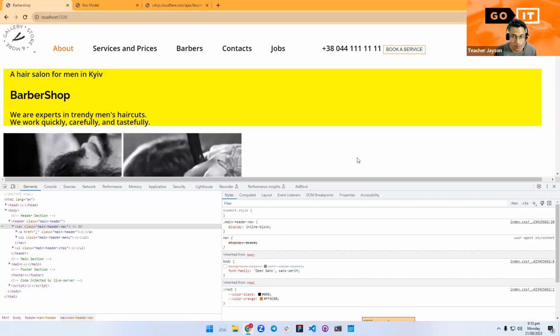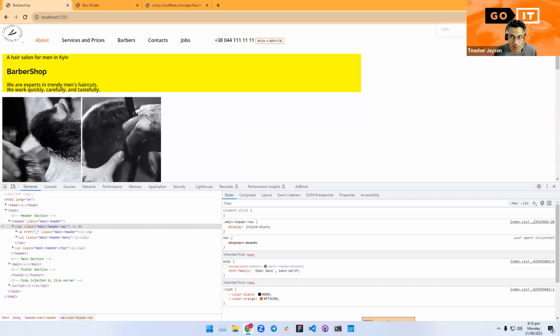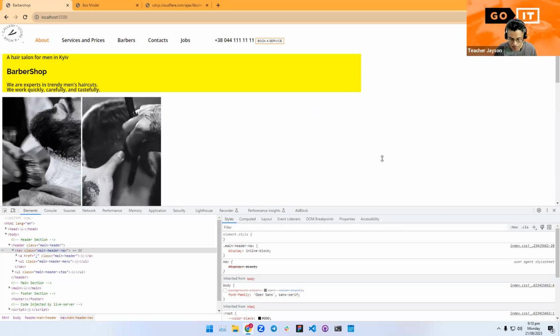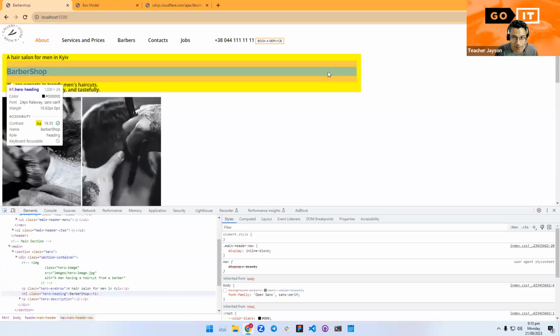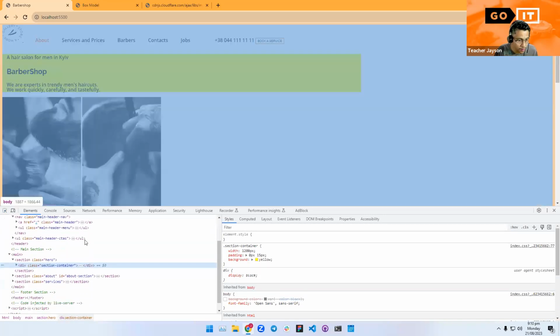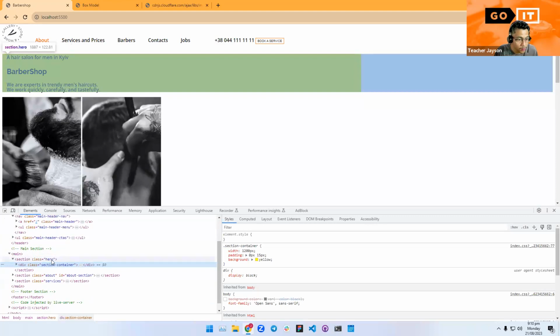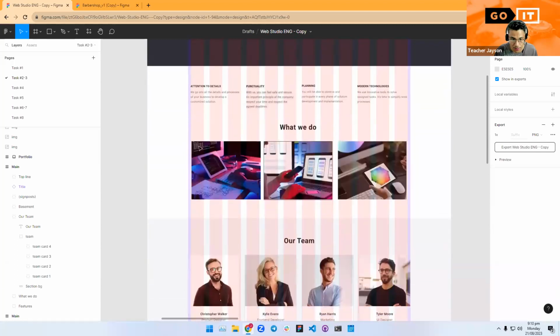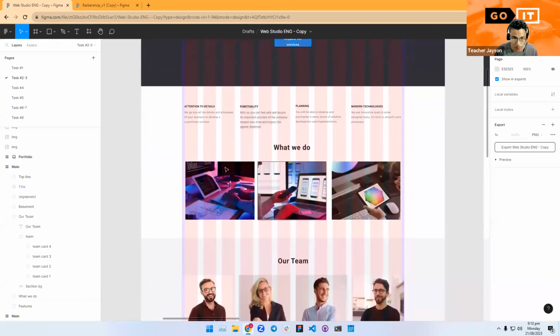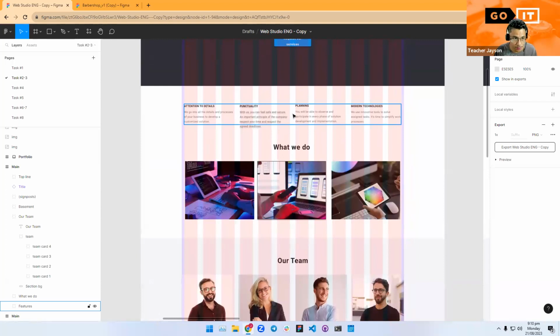So now we can see, so I just zoomed out my viewport into 100% normal zoom. So now the section spans at 1230. But what we want is to have only a 1200 width for the section